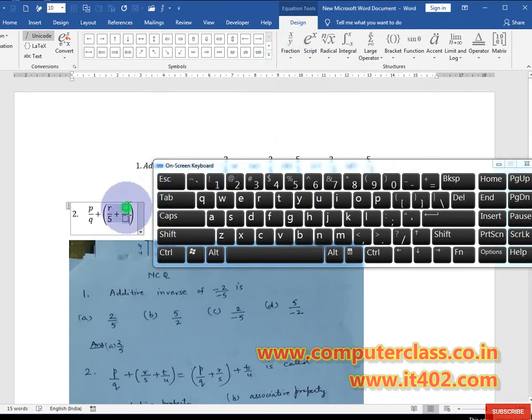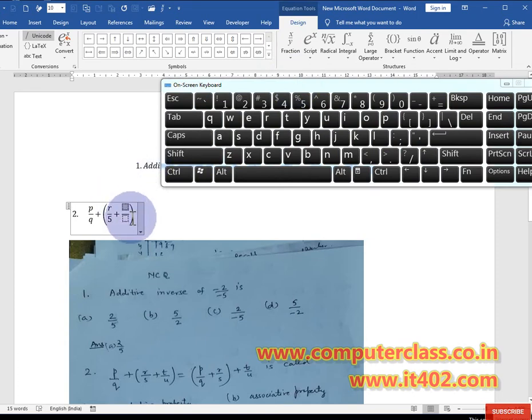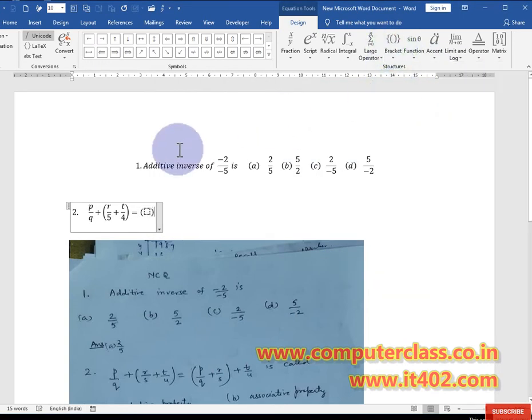Now put the value t, put 4 in the bottom, and then click outside the bracket, use equal to, then again use a bracket, and in the bracket use plus. You can first insert the structure and then write, or you can do it on the spot. So p upon q,